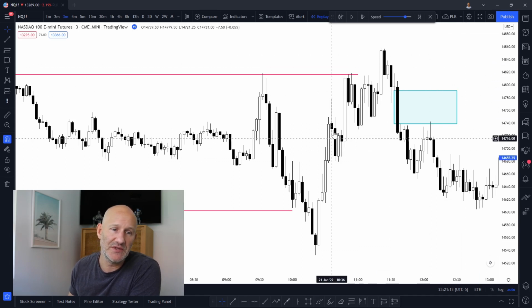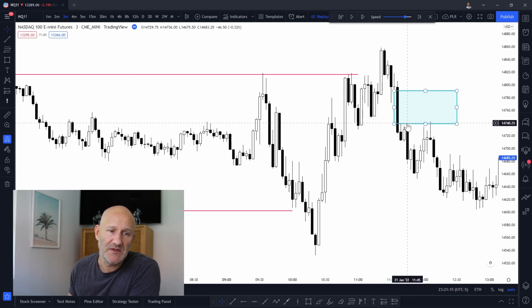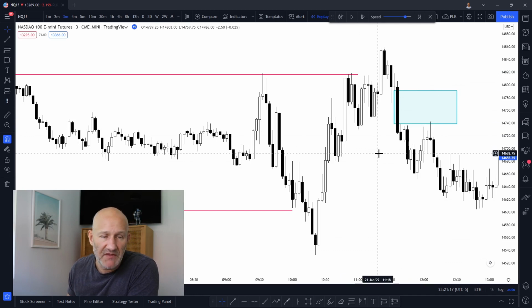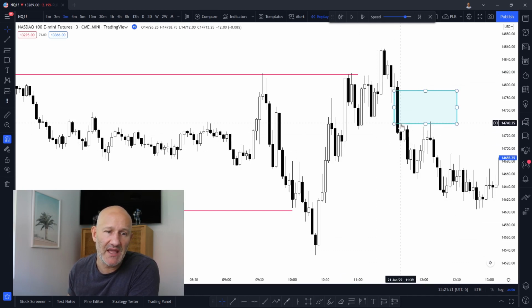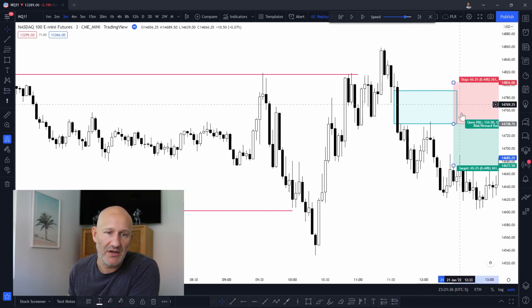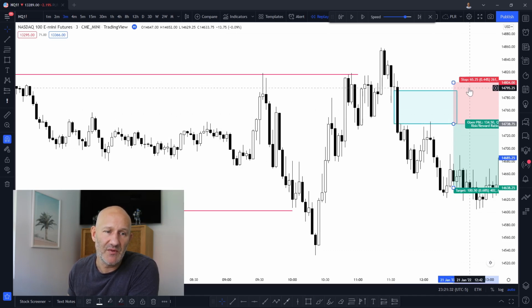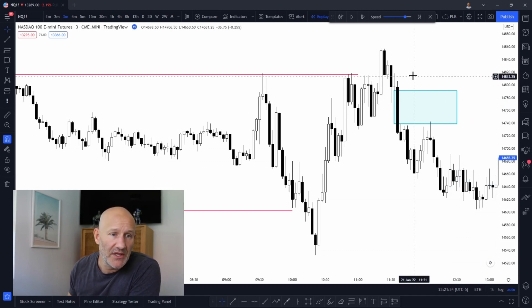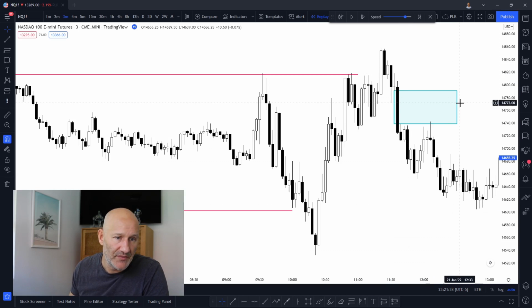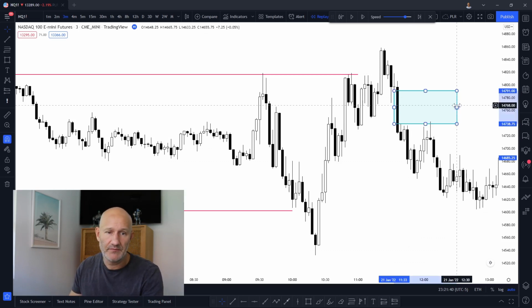The other thing you can do is set a limit order. If you wanted to be the most certain, you could set it at the high of that candle. So your limit order would be sitting here. It would look kind of like this. That would be your limit order to sell just there. And in terms of where you would place your stop, you would place it at the high of that first candle. So if I just take this box away,